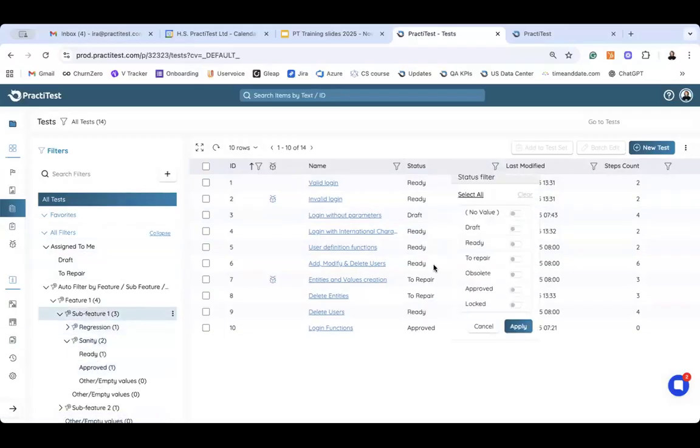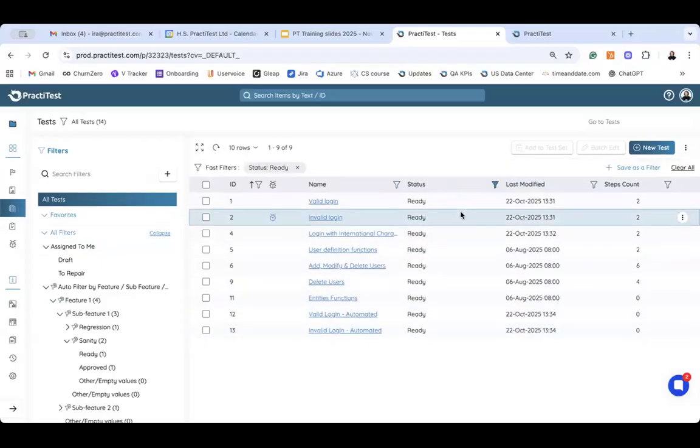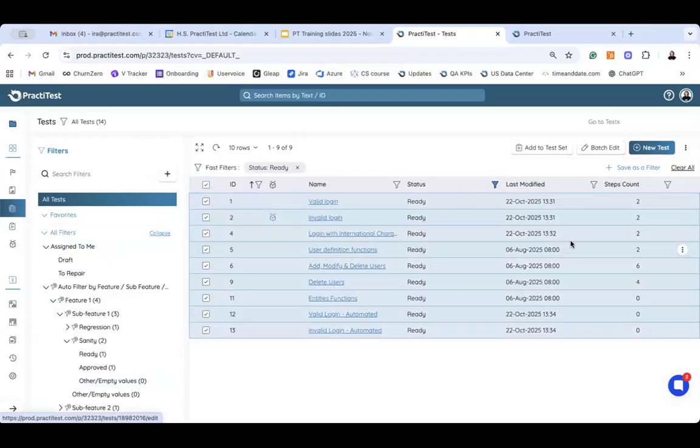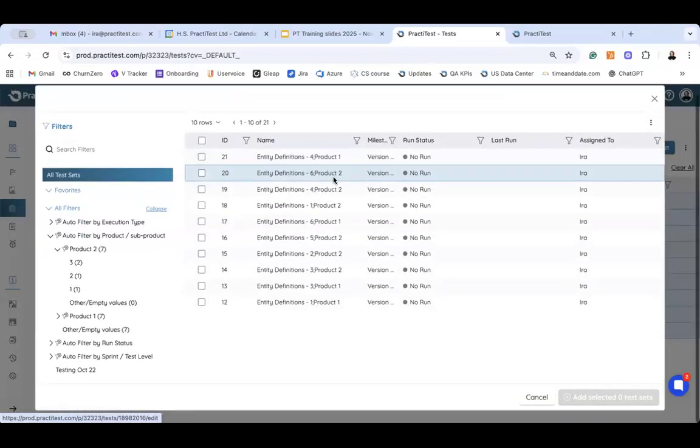So, by the way, this is another filtering option. Besides these auto filters, we also have the quick filters. For example, right now I want to see, regardless of the feature and sub-feature or whatever filters I defined previously, only the tests from all tests that are ready. So once I apply ready, I will see all these tests, which are ready to be executed, and I want to add them to a test set. Okay, so let me just select